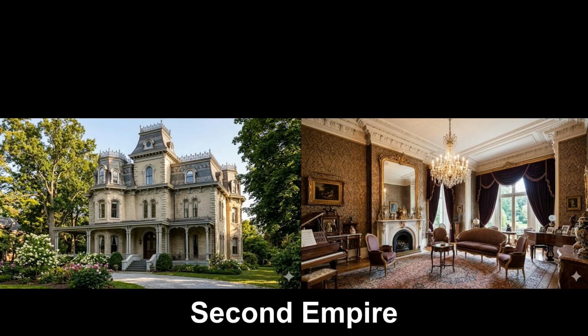Residential Second Empire architecture, which flourished in the mid to late 19th century as a symbol of Gilded Age prosperity, is defined by its iconic mansard roof, a dual-pitched, four-sided structure with a nearly vertical lower slope that effectively hides a full living story. The exterior is grand and imposing, featuring a symmetrical facade, often centered around a prominent tower or pavilion, and is heavily ornamented with dormer windows that punch through the roofline, decorative cast-iron cresting, and paired brackets